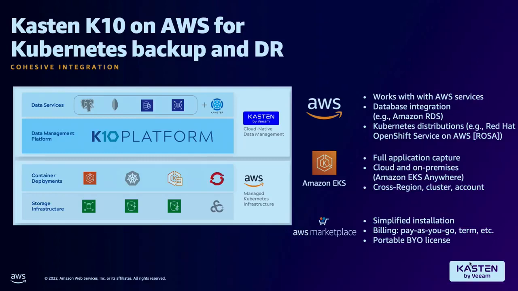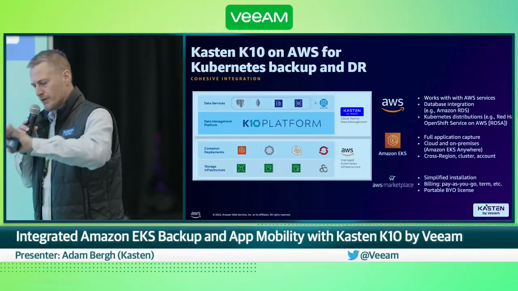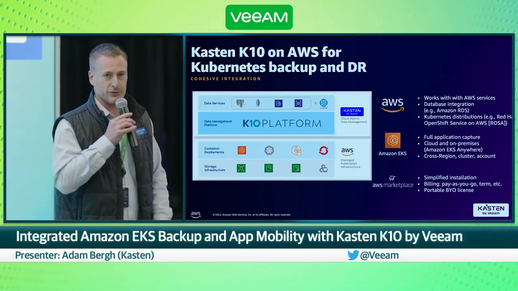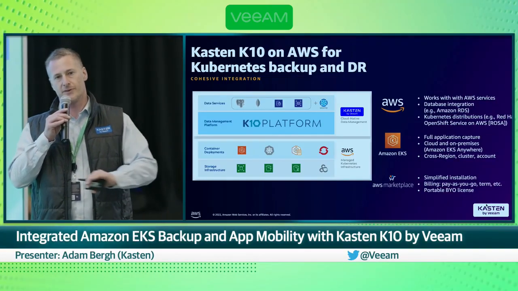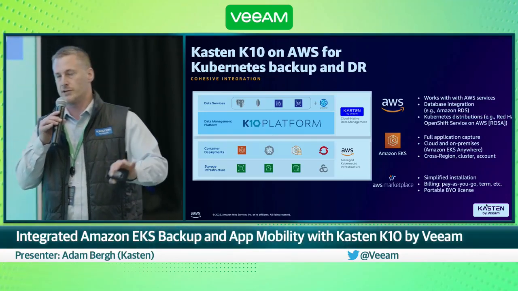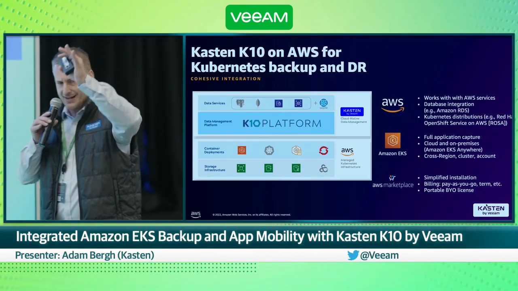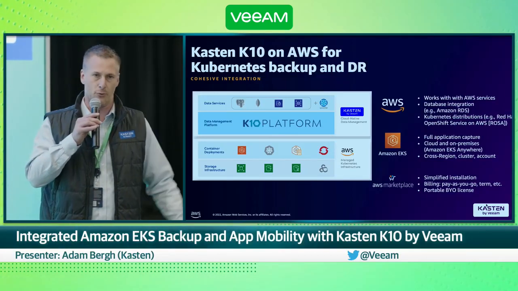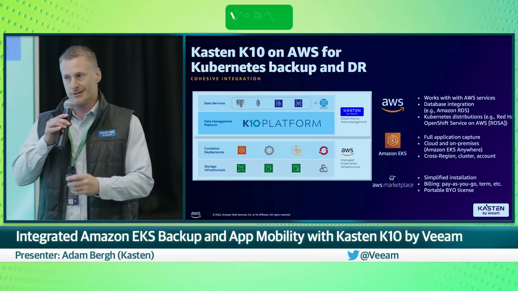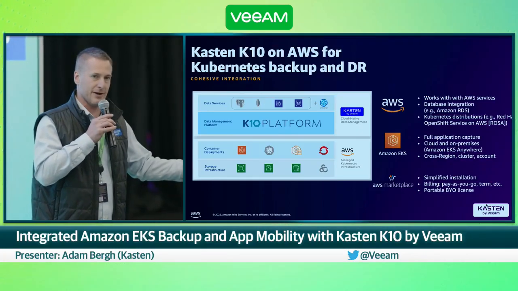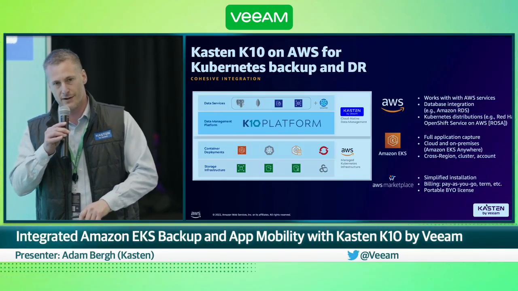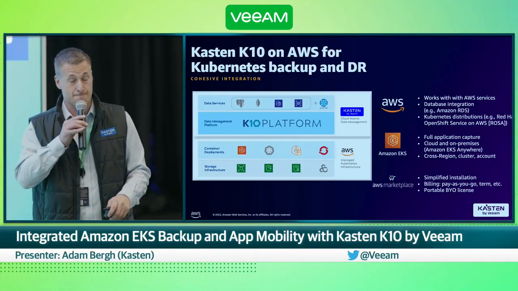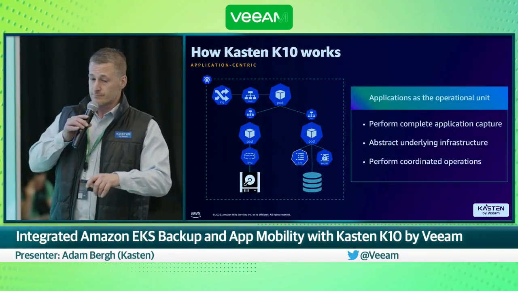We'll talk about that. We're integrated in cross-region replication, right? Making it really easy to move apps on native Amazon infrastructure and replication, for things like app mobility, DR, cross regions. And we're integrated into the Amazon Marketplace, so easy procurement, deployment, one-click deployment right from the AWS Marketplace. So we're the primary data protection tool for all the Kubernetes that you're deploying, not only in AWS, but also on on-prem distributions like Amazon EKS Anywhere.